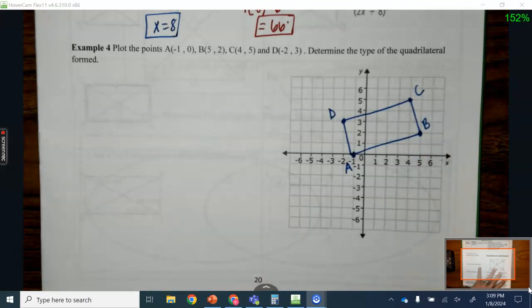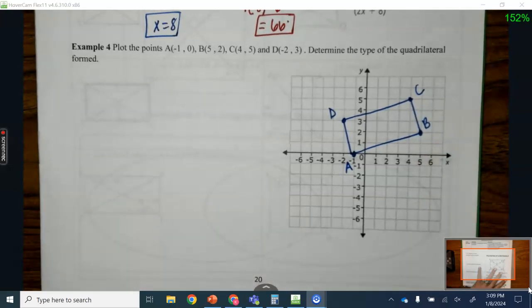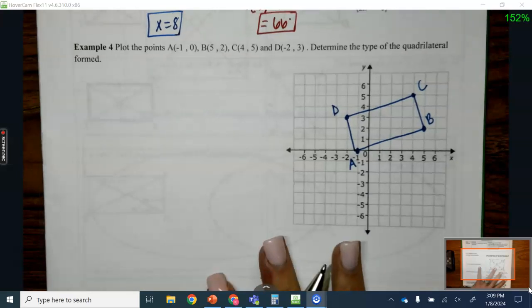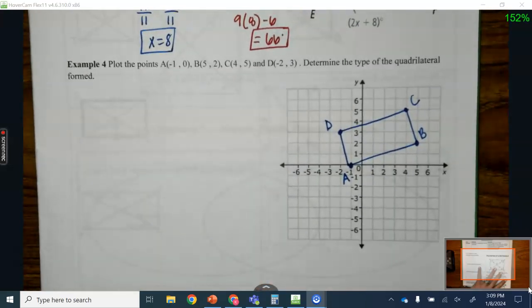It says determine the type of quadrilateral formed. Okay, so I don't know if it's a rectangle yet. This is the proving part of it, right? Coordinate geometry, I'm typically proving what it is. Okay, so I want to figure out